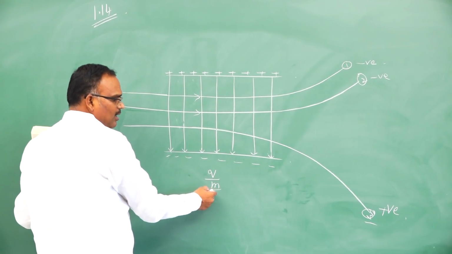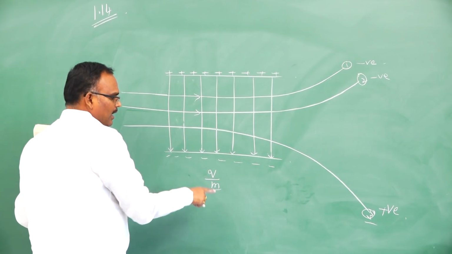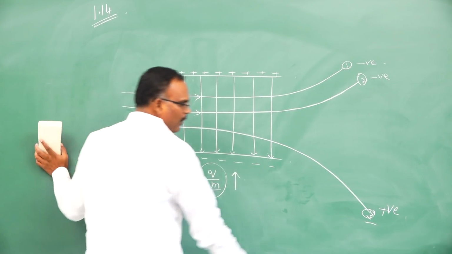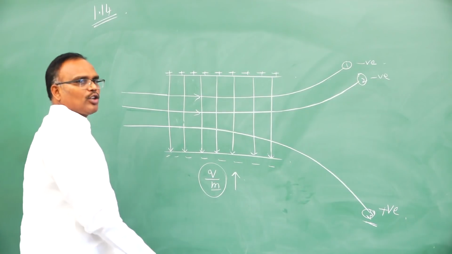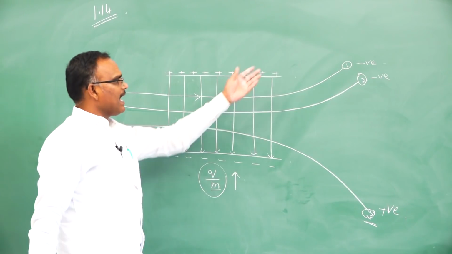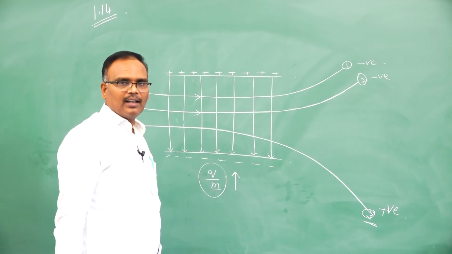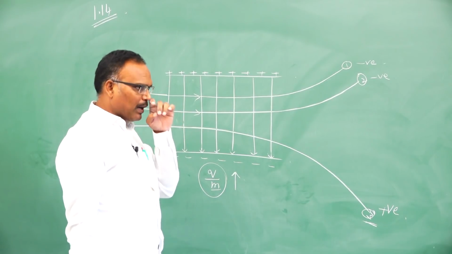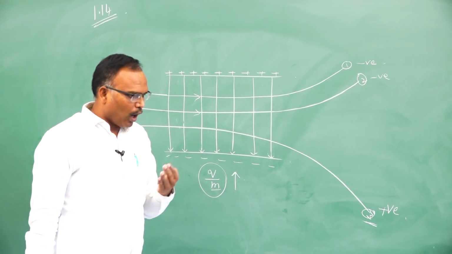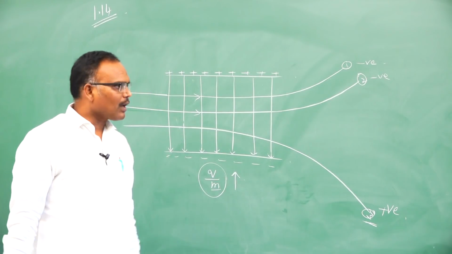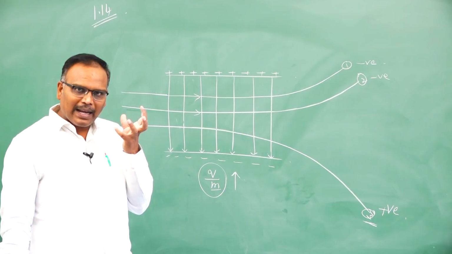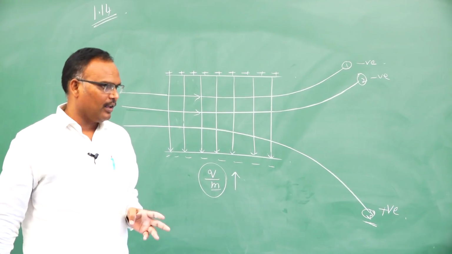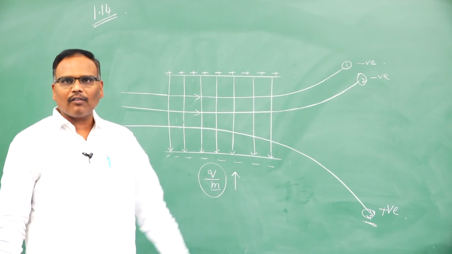That means the third charged particle's mass is less. The denominator is less, which means the whole value is large. So that's why the third particle has a charge to mass ratio that is more compared to 1 and 2, because their degree of deflection is less. The degree of deflection depends on mass. For example, if someone throws a tennis ball, you will easily deflect it with a bat. If someone throws a metal spherical ball towards you, if you hit it your bat will break and the ball will go this side only. That means deflection is difficult in the case of heavier masses.